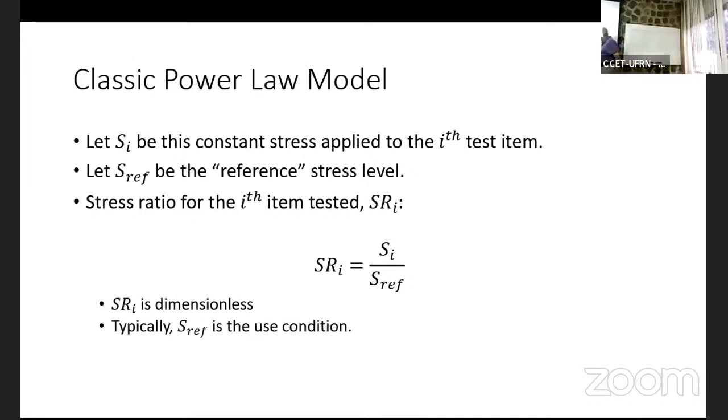Often, this is the use condition, and the stress is something much larger than that. So usually, if you go and see in the literature a stress rupture test, you will see stress ratios that are larger than 1. Why? Because then they will project back, extrapolate to the use condition. This makes it easy to interpret. So far, so good? Because we do not care about the probability of failure at an elevated stress. We care about it at the use condition.